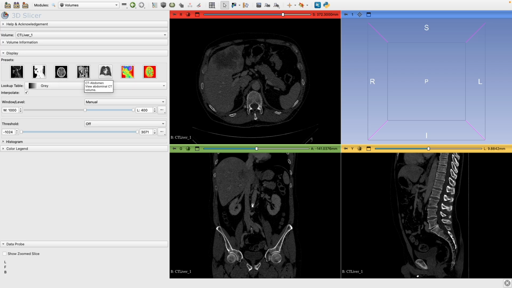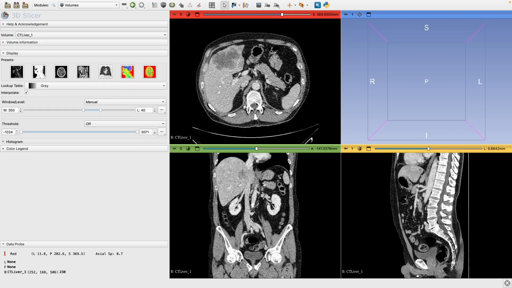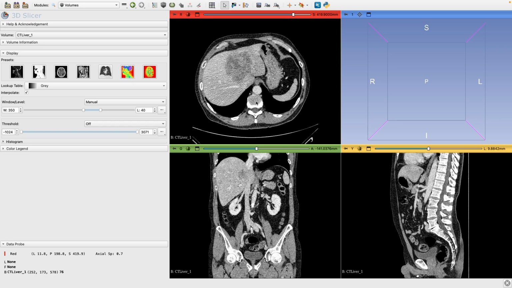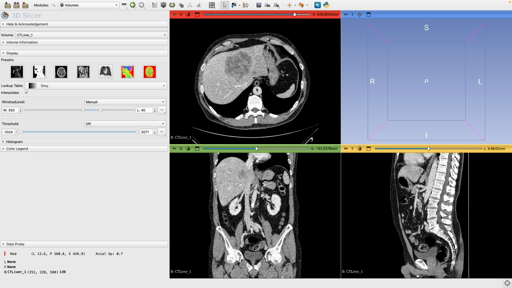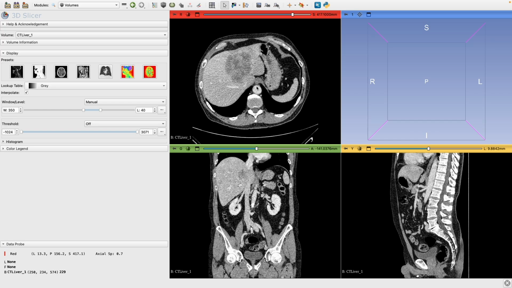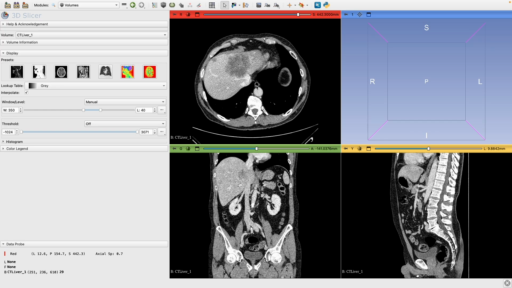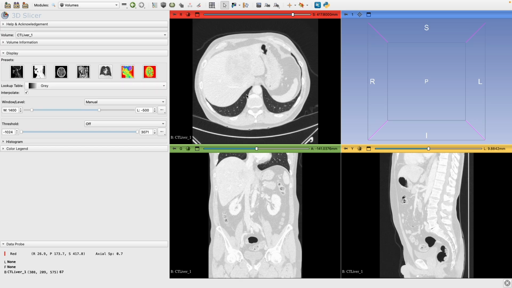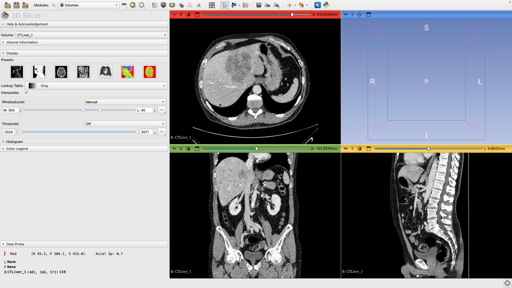CT abdomen, this is going to be, wow, look at that. Look at that difference. We have clearly some hypoattenuation in the middle of the liver here that otherwise wasn't really able to be seen, and if we wanted to segment that, it would be very, very difficult to do it on lung windows like we were before here. So this is how we can change that volume,